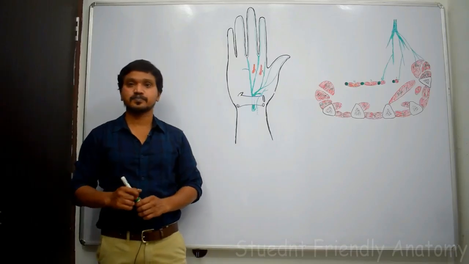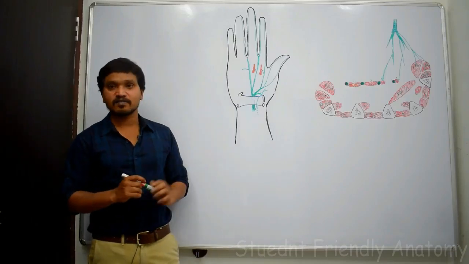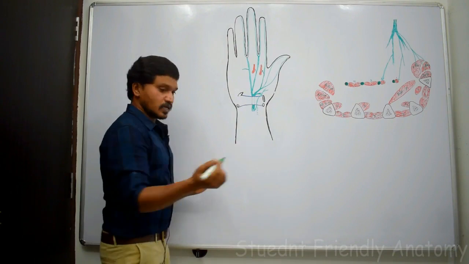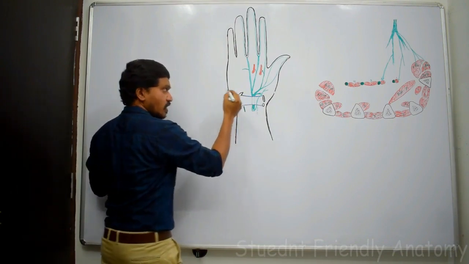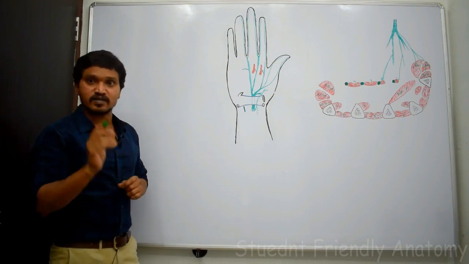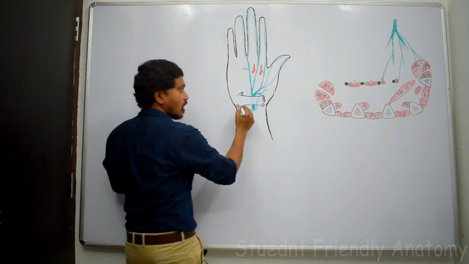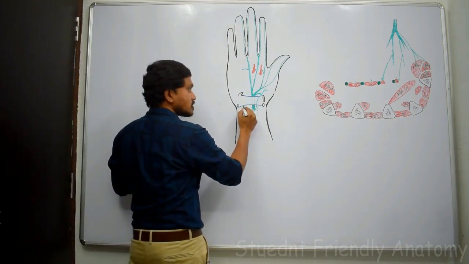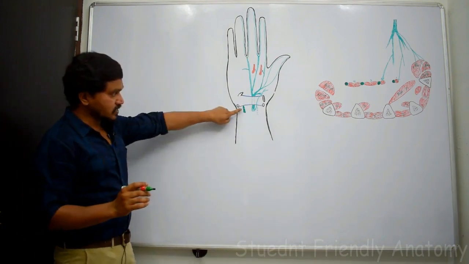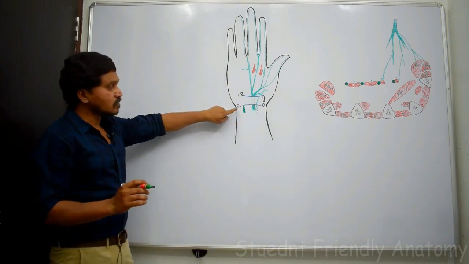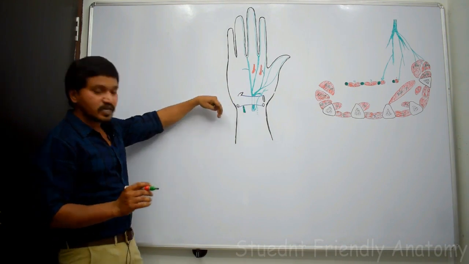Right. Now we will discuss the ulnar nerve in the hand. The ulnar nerve passes superficial to the flexor retinaculum along with the ulnar vessels. Right? And if you want to tell relations, it is present lateral to the pisiform bone, medial to the ulnar